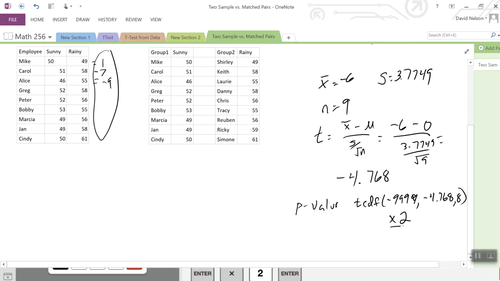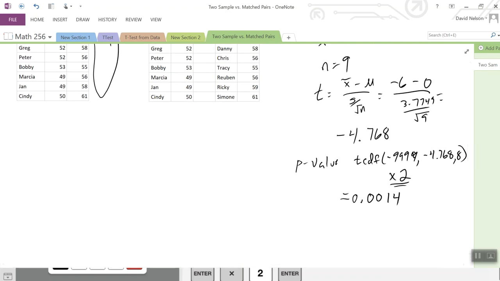But I got to multiply that by 2 because it's a two-tail value, and that gives me 0.0014 as my p-value. So that probability is pretty small,